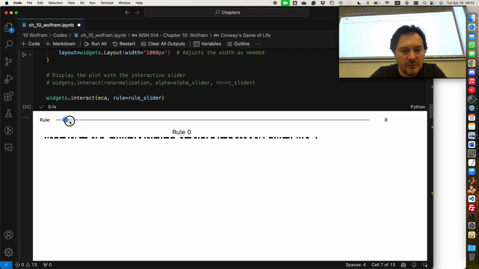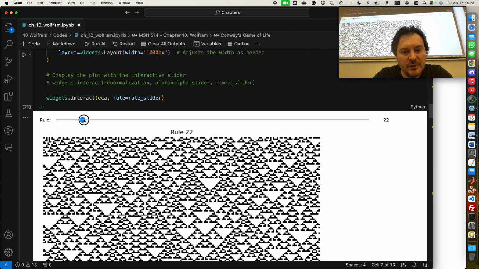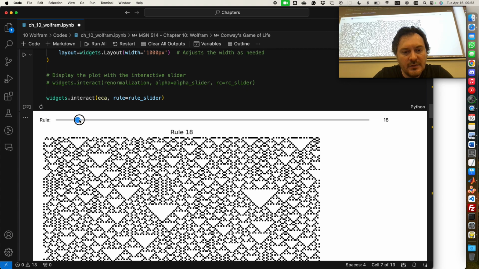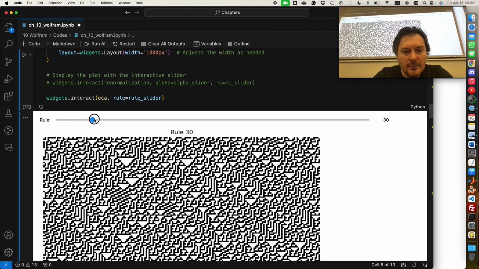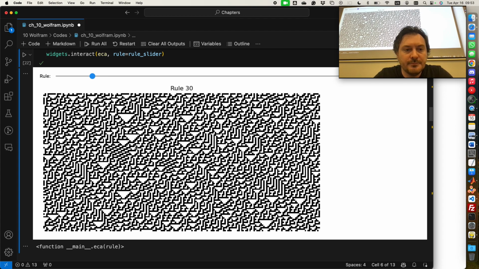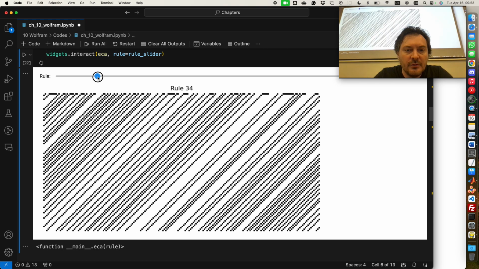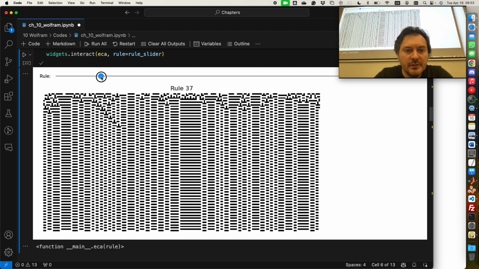So if I go to rule 30, as you can see, some of those rules that seem to be boring get less boring when you have random initial conditions. 30, now chaos everywhere, right? 31, 32, 33, 34, 35, 37. Something interesting was about to happen but couldn't happen.